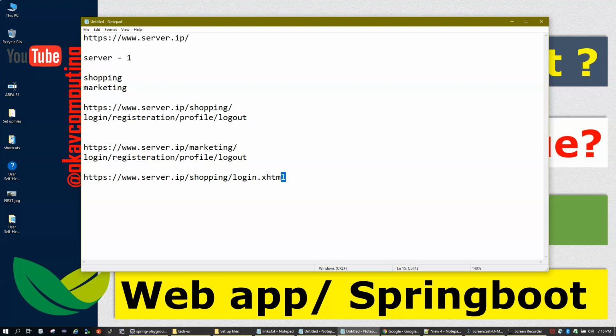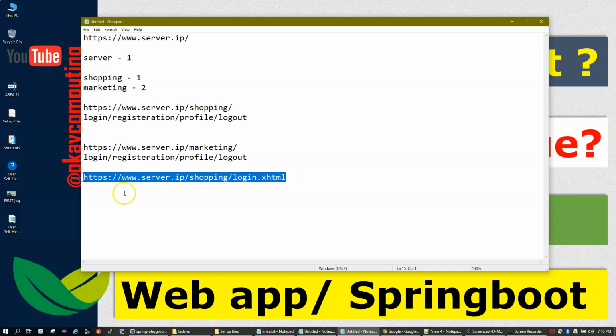How will your server decide which application serves this particular URL, because I have two applications, application 1 and application 2? Here the context root of your application comes into the picture. When your application server or web server looks at the context root of the application and it says shopping, it knows that the shopping application will serve this URL.